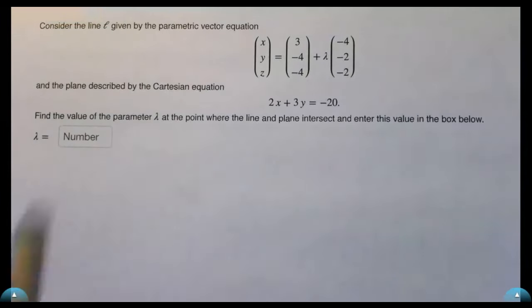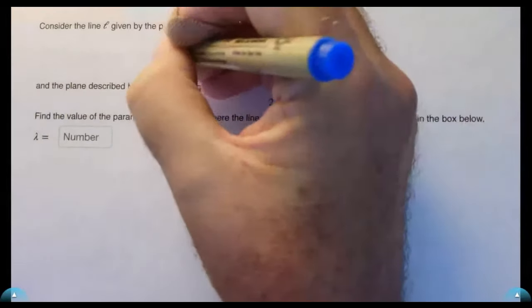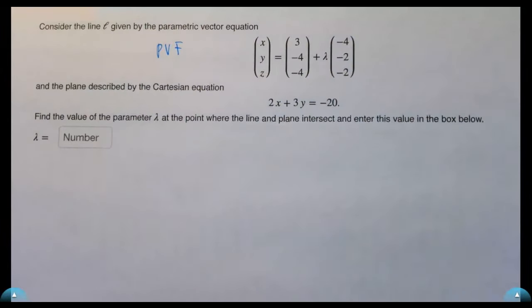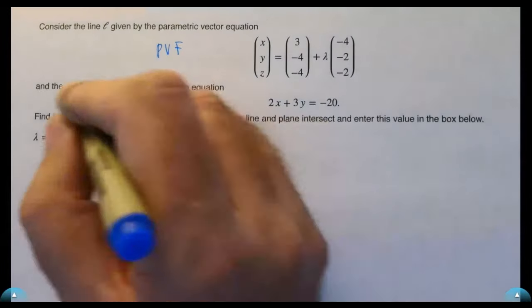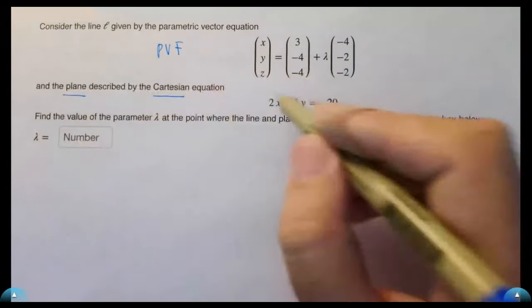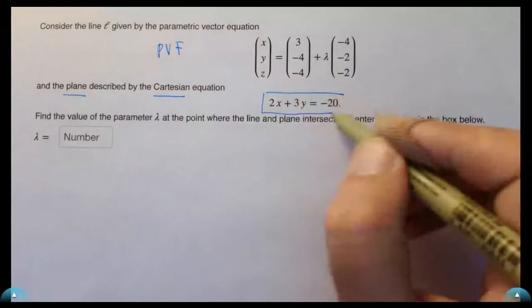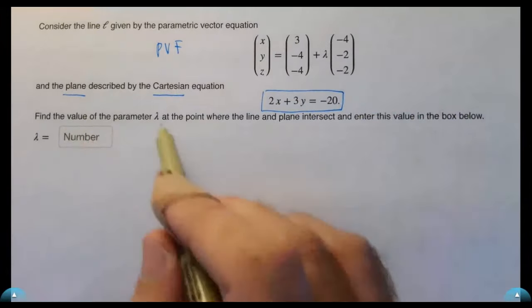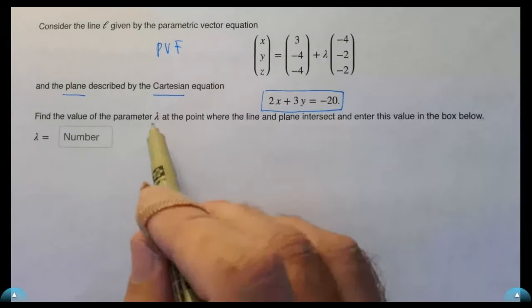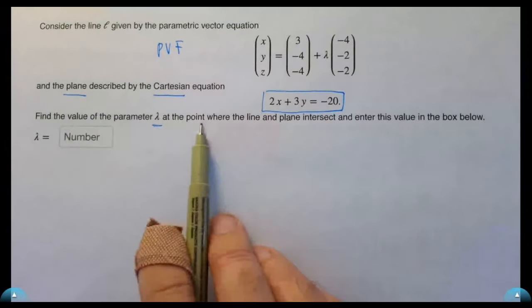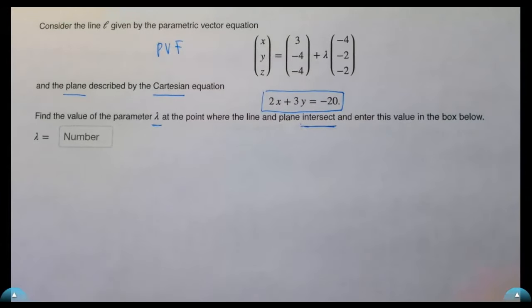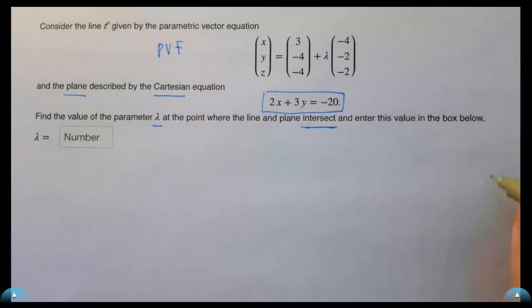So in this question, you're given a line with a parametric vector form. Here, we're working in three-dimensional space. And then you have a plane in Cartesian form. And the question is, find the value of the parameter lambda at the point where the line and the plane intersect. So if I was drawing a picture here,